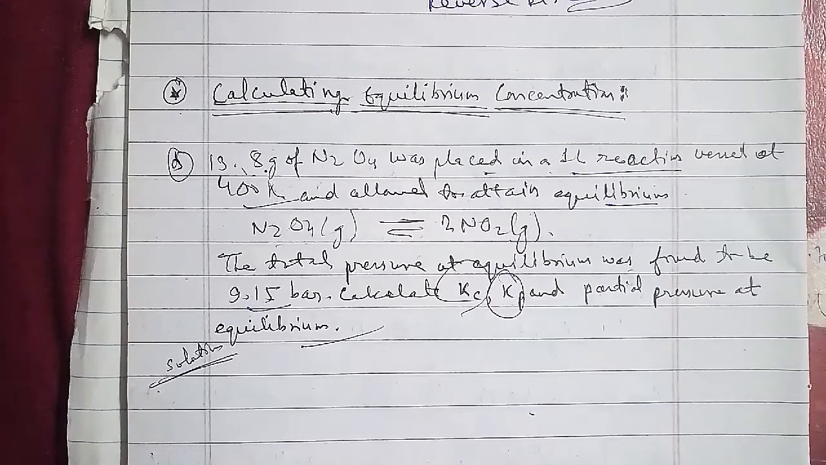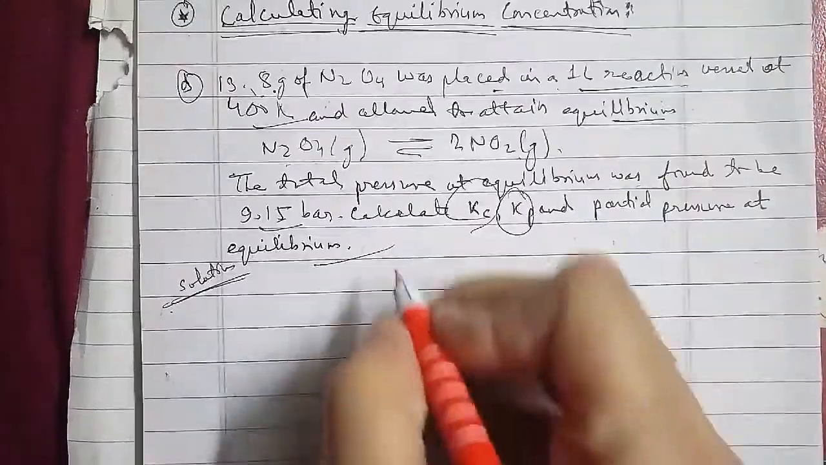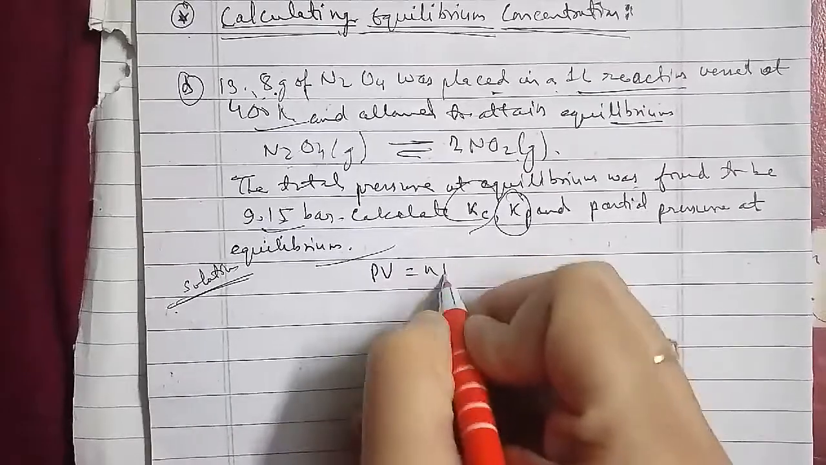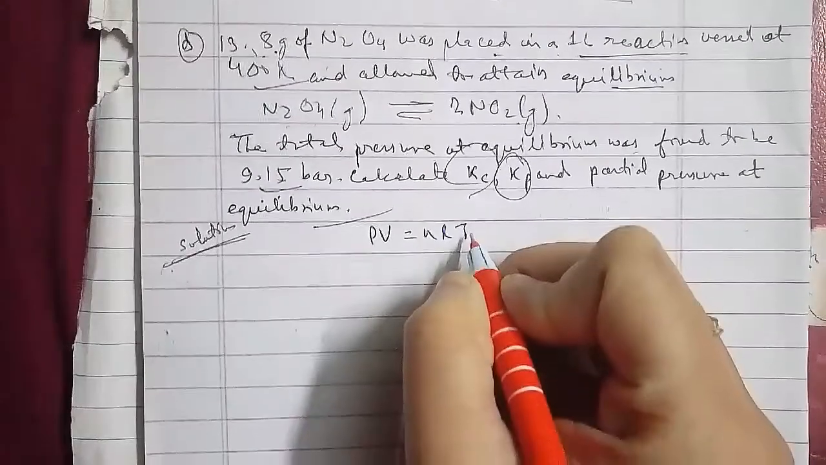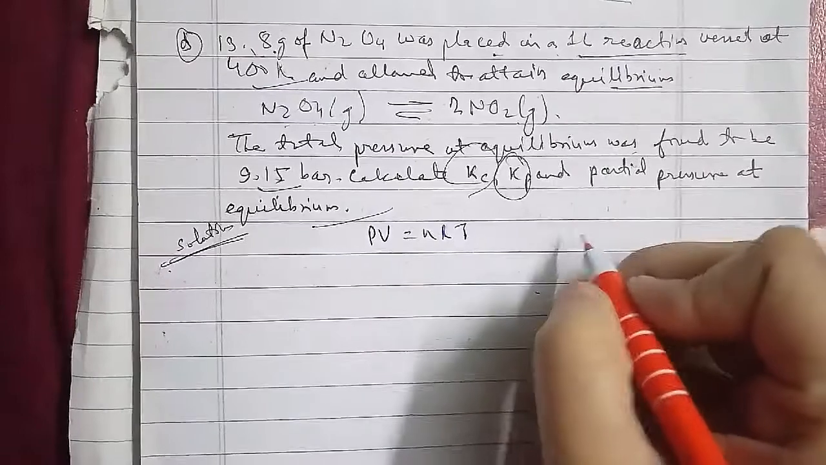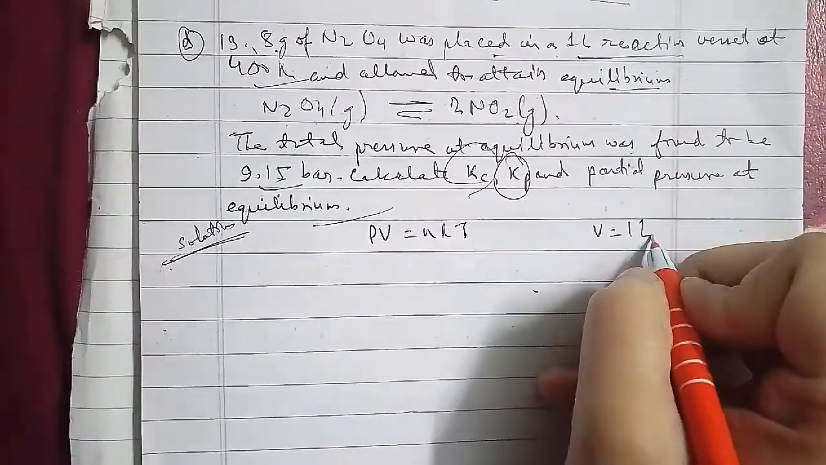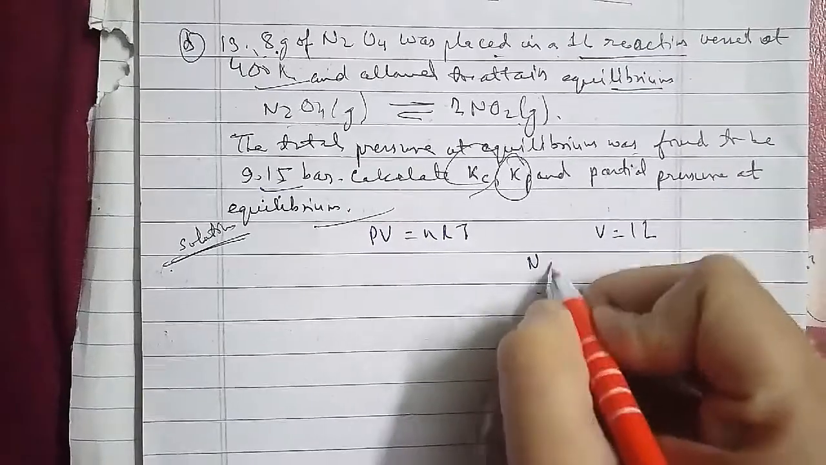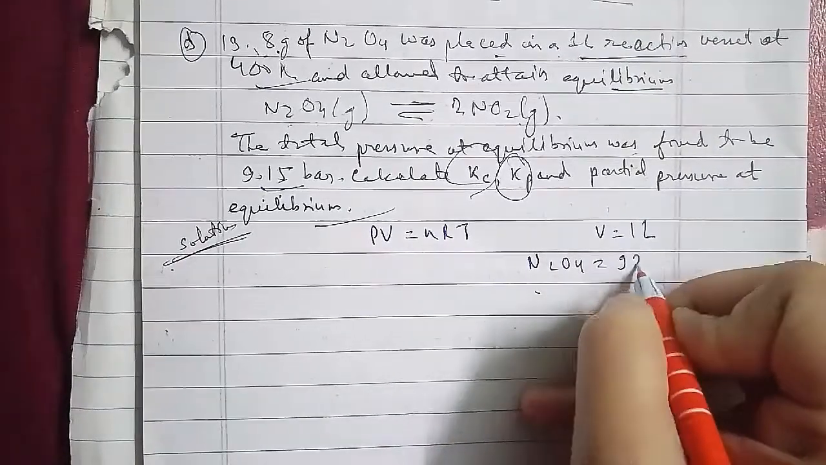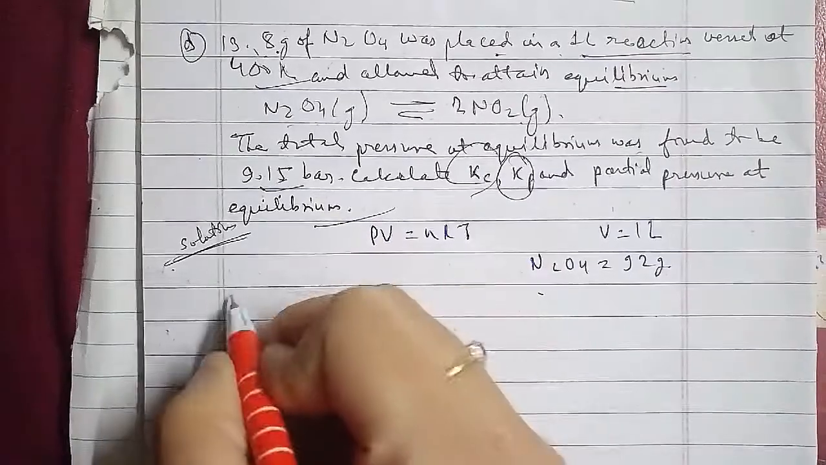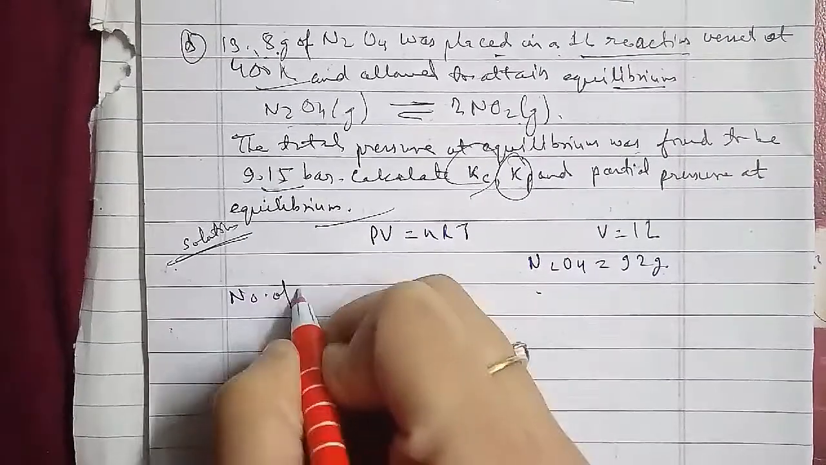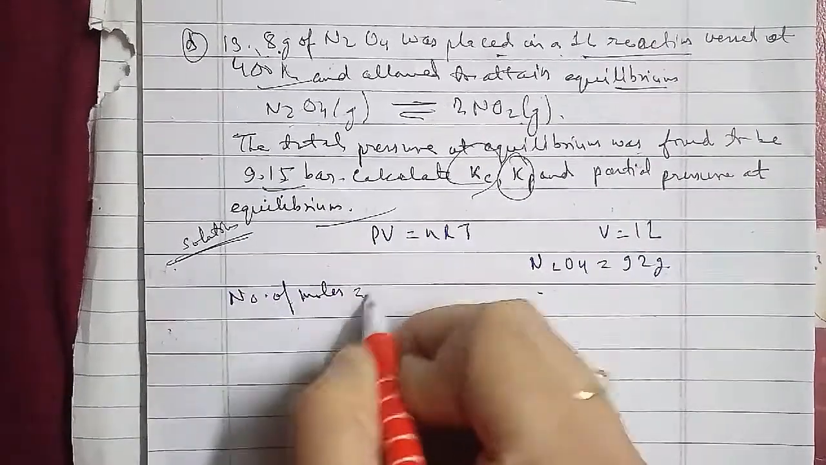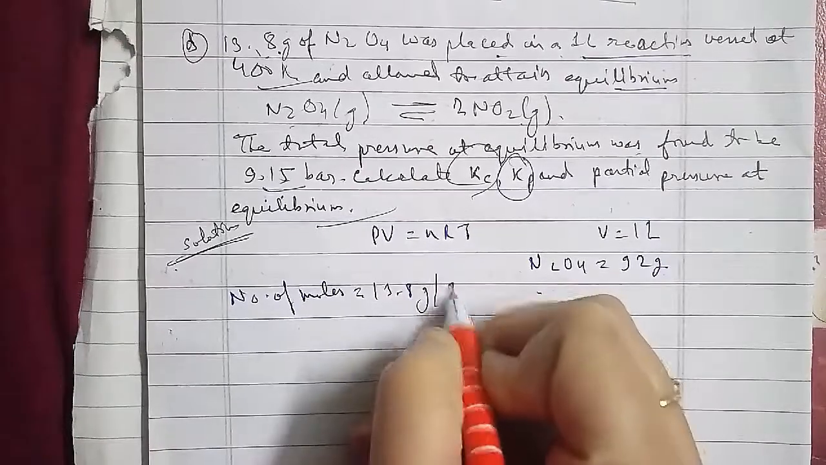Okay, and that is 0.083 bar liter mole inverse Kelvin. And then we have the temperature, T equals 400 Kelvin, and we know PV equals nRT. We will write the values and solve it out. So P multiplied by 1 liter volume equals 1.15 mole into 0.083 bar liter mole inverse Kelvin multiplied by 400,